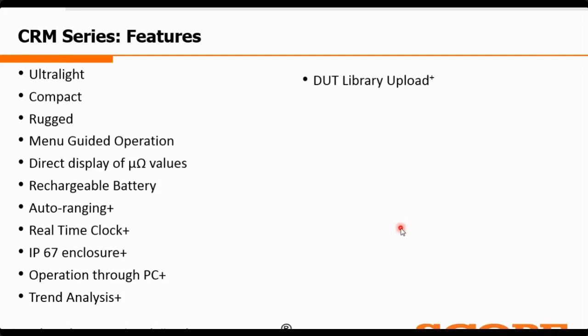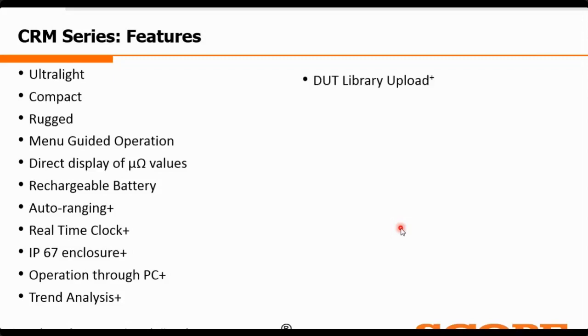In the Plus series, we also have this DUT library upload option. The DUT library upload is a very important feature, considering that whenever you are doing a test in a substation, for example, in a certain bay, in a certain phase of that particular circuit breaker, you can upload all these details to our instrument, and this information will be saved in our instrument.